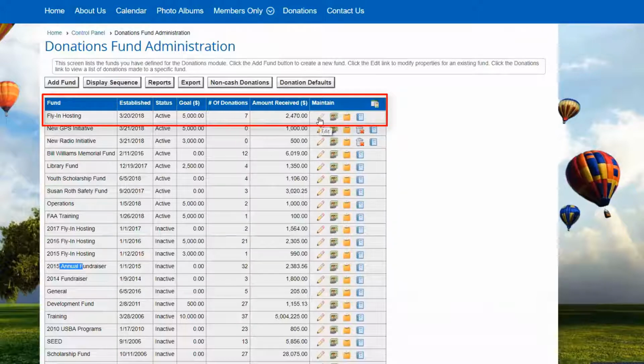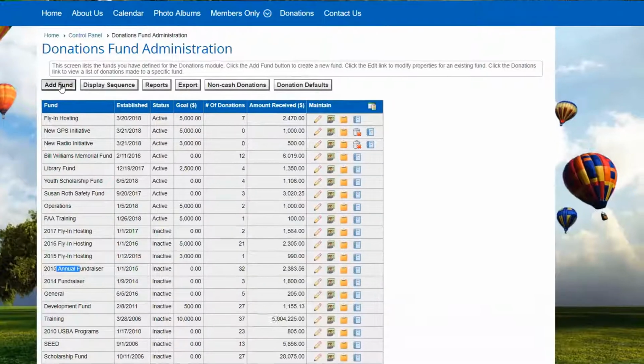Then there are some choices here to edit the donation, the donation container, the bucket, as it were. We can look at the individual donations. We can copy it to a new donation, and there are some reports. But let's just add a fund. So if I add a fund here,